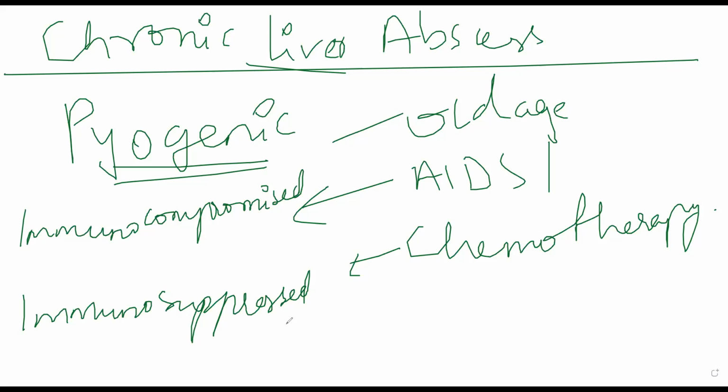Immunocompromised patients, it is either because of a disease or because of a condition wherein their immunity is getting damaged and it is not working properly. Immunosuppressed patients, you are giving external agents such as drugs that is causing the immunity to be suppressed. Immunity is working normally, but you are giving agents to suppress the immunity. That is the difference. Either way, if immunity is not working in either one of them, the patient is susceptible to pyogenic liver abscesses.